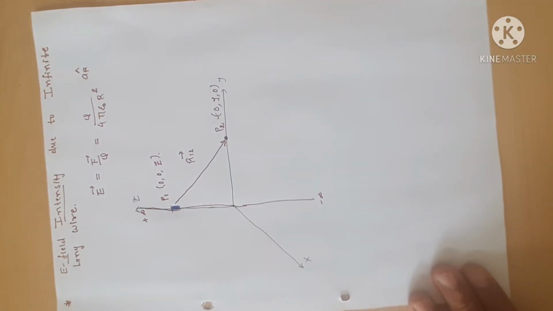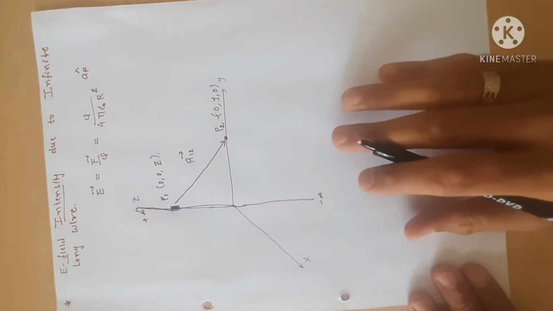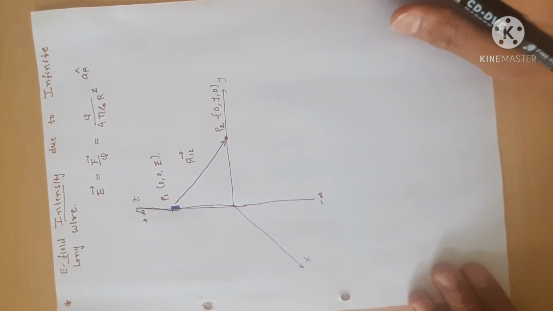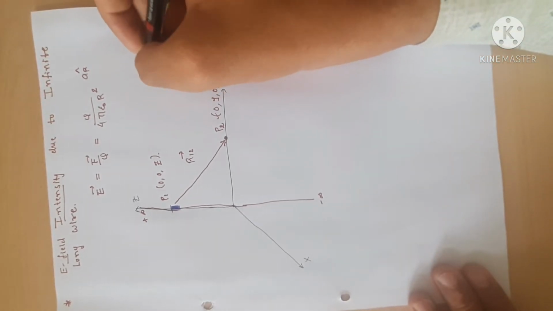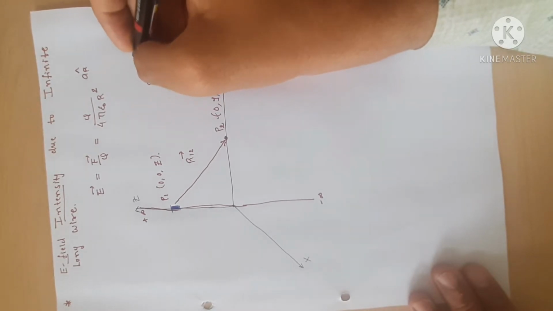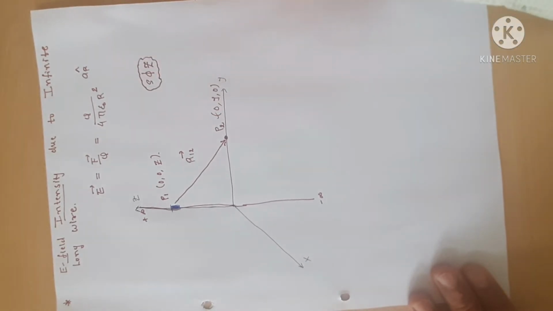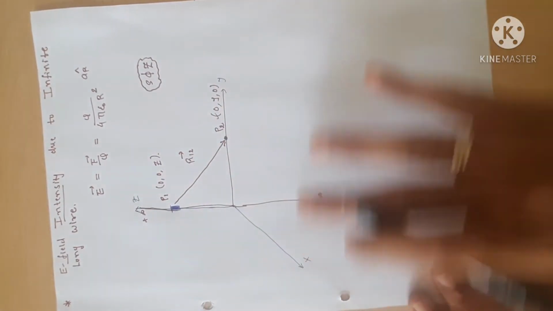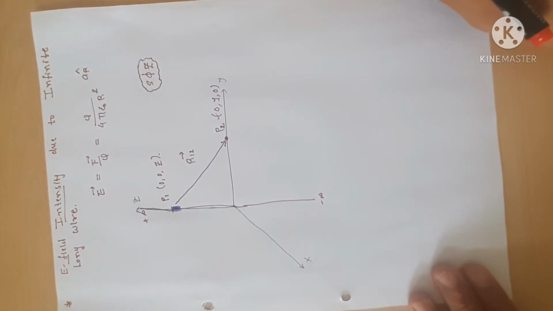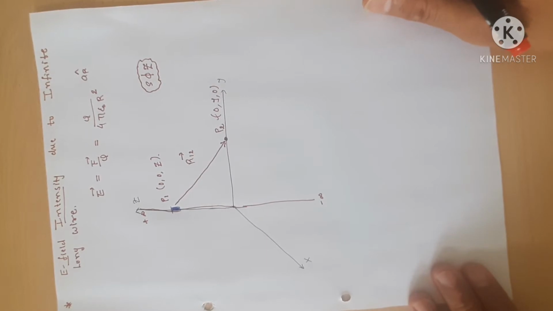Now we have to use the cylindrical coordinate system. Which are the variables of the cylindrical coordinate system? As we know, rho, phi and z are the variables of the cylindrical coordinate system. And why do we use the cylindrical coordinate system in this case? Because the electric field generated by this infinitely long wire looks like a cylinder. That is why we use the cylindrical coordinate system.